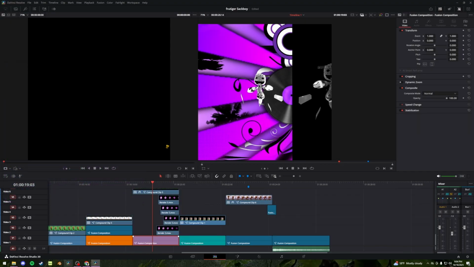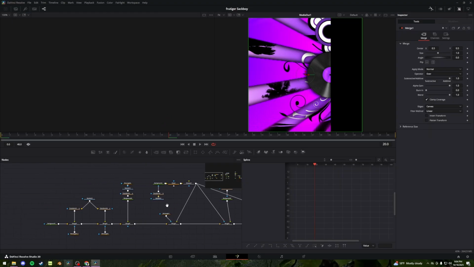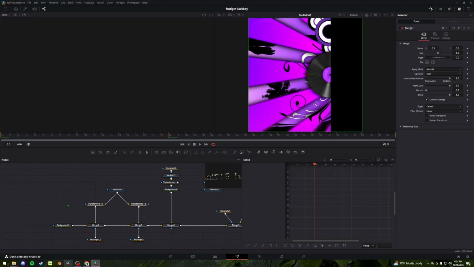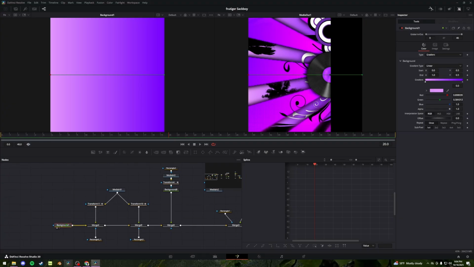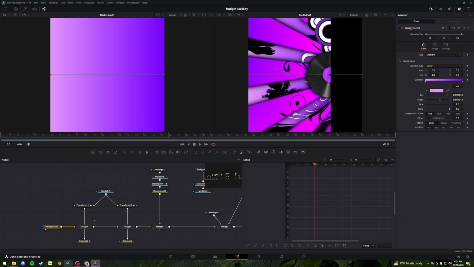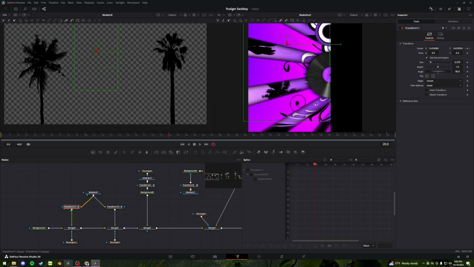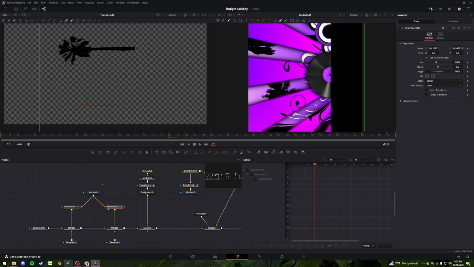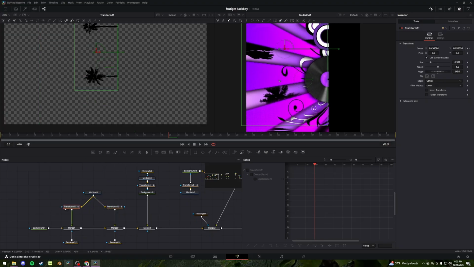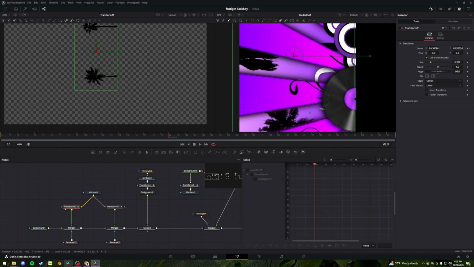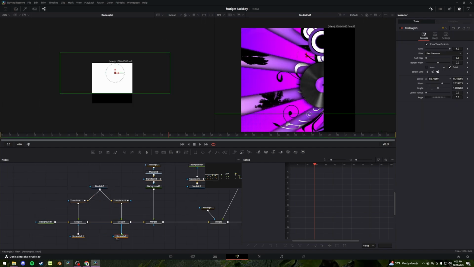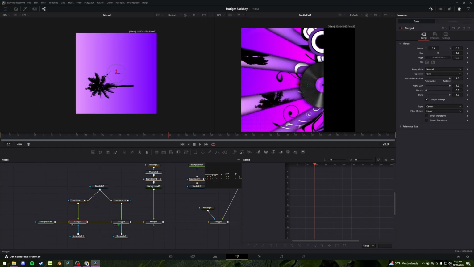Moving into the background composition, I made this one really late at night, so I don't actually remember what's going on here. I can tell you though, I started out with a gradient background, that's for damn sure. This is a silhouetted image of some palm trees I got from that same asset pack. I used this output twice to drag it to 2 different locations on our background. You can see those behind the light rays here. Just a couple rectangle masks to only select one of the 2 palm trees in the image and displace them